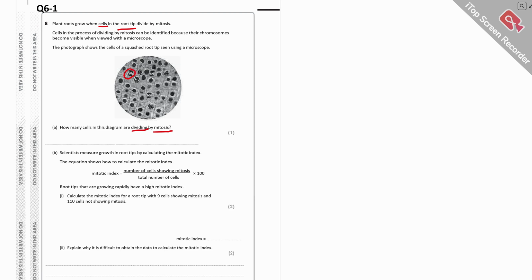Oh, okay. 1, 2. It's these ones that are clearly showing they're not a solid nucleus. We've got 1, 2, 3, 4, 5, 6, 7. We've got 7 cells. Right, they want us to work out something called the mitotic index. So number of cells showing mitosis is 7 divided by the total number of cells, so you'll have to go count those,